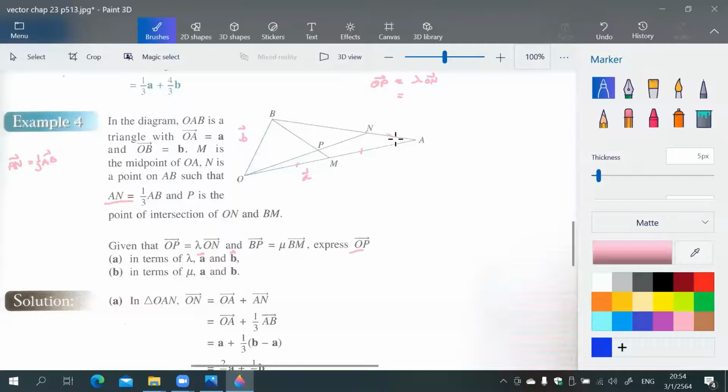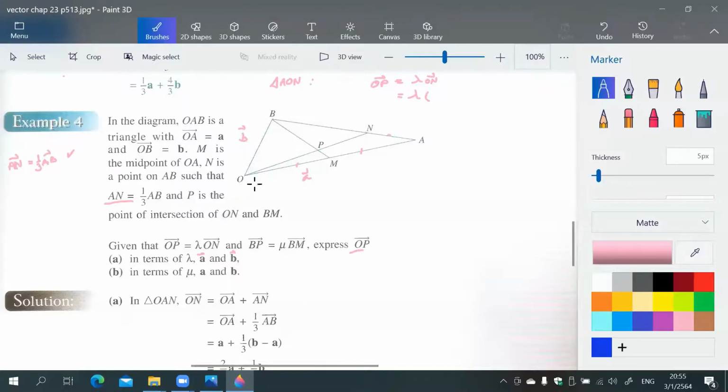Use the AN, better, I think, because we know AN, vector AN, and we know AO, so we can find ON. So I will use the triangle AON. So then I have lambda, then